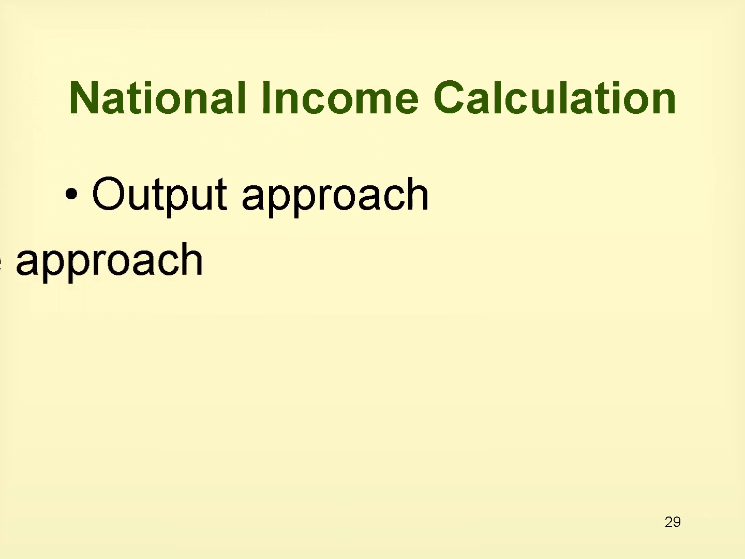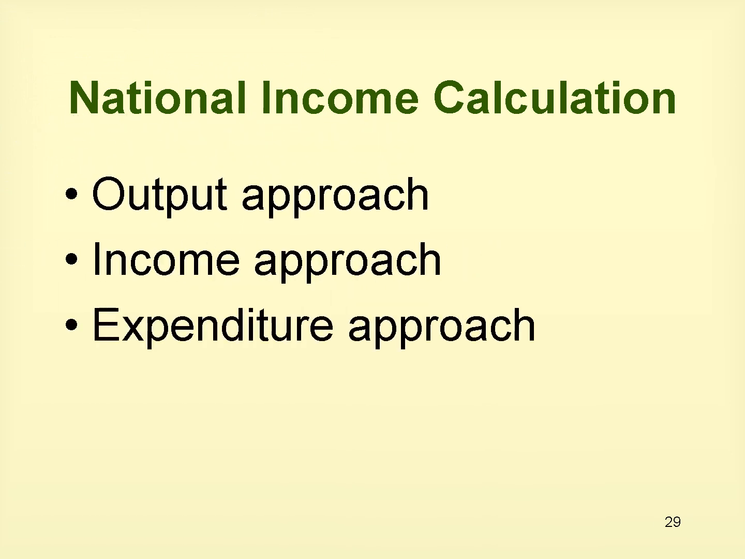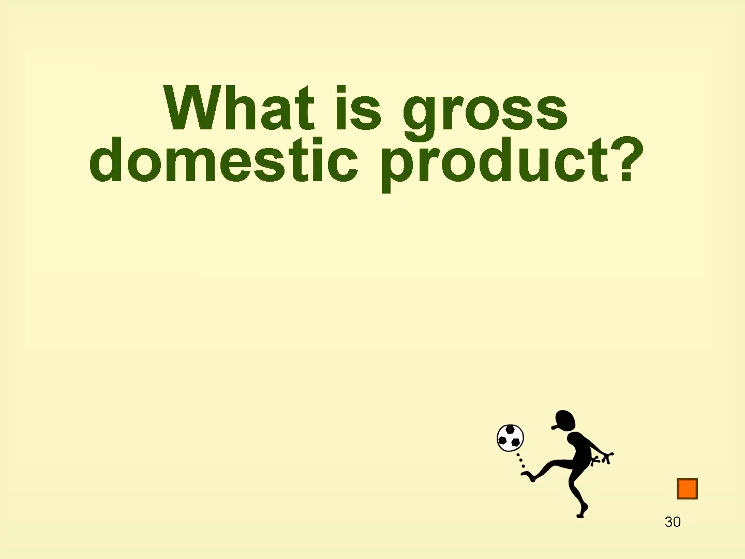So we have the output approach, income approach, and expenditure approach. But in ECO 415, you are concerned about the output approach and expenditure approach only. You have to know several